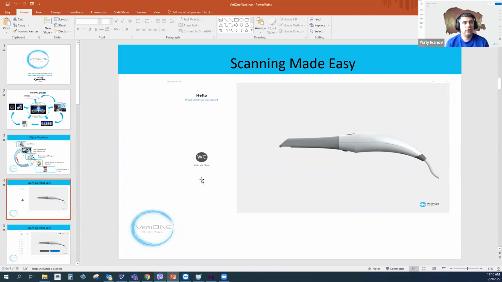So instead of a heater, which consumes power, this scanner has a fan that is just blowing air through the whole scanner and taking away fog